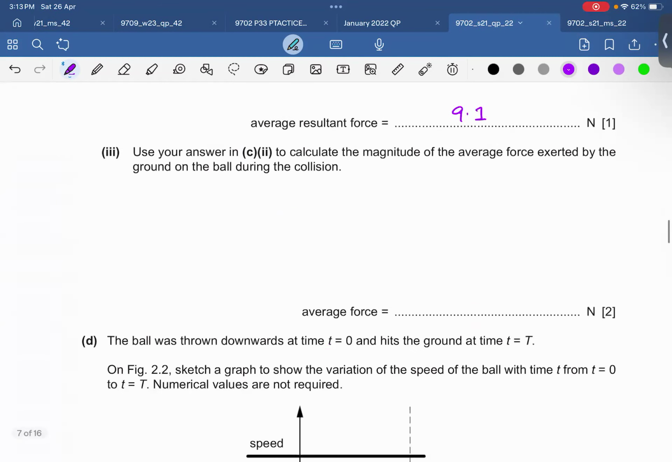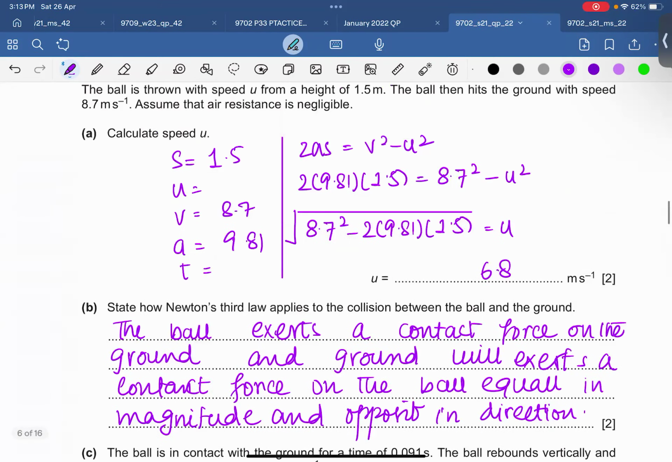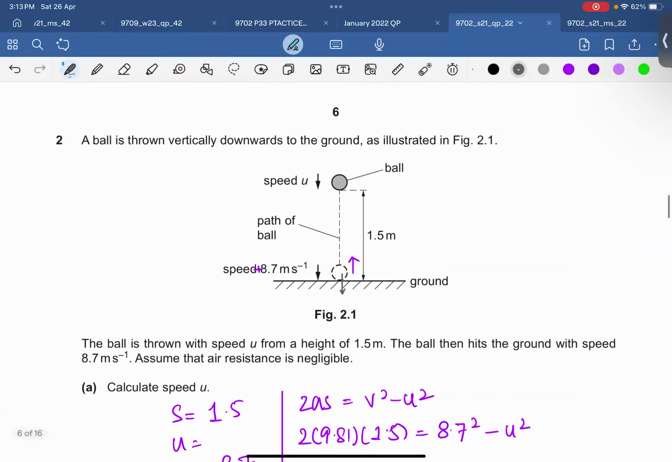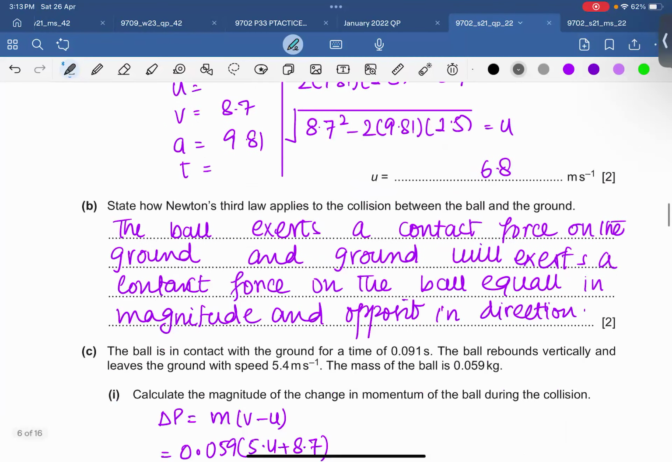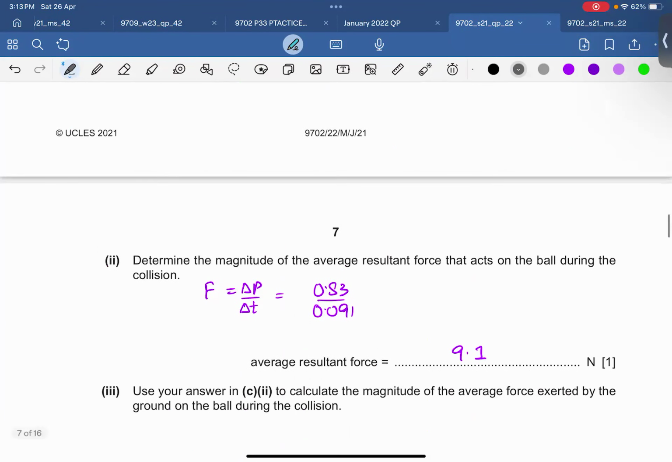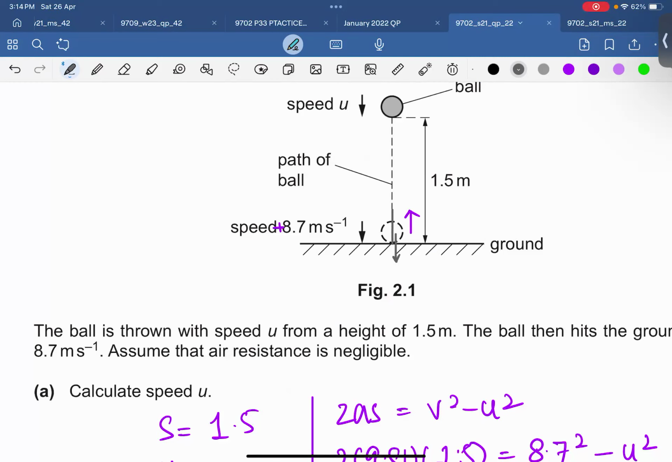9.1, ओके परफेक्ट। बिफोर मूविंग ऑन, वेट, वेट। सो अब क्या हो रहा है यहाँ पे, बेसिकली देयर इज अ वेट एक्टिंग डाउनवर्ड, और आपके पास जो एवरेज फोर्स है जो अभी आपने निकाली है, determine the magnitude of the average resultant force that acts on the ball during the collision. यहाँ पे ऑन द बॉल का मतलब ये है कि ग्राउंड बॉल पे इस डायरेक्शन में एवरेज फोर्स लगा रहा होगा, और दैट इज जो हमने निकाली, 9.1, राइट।